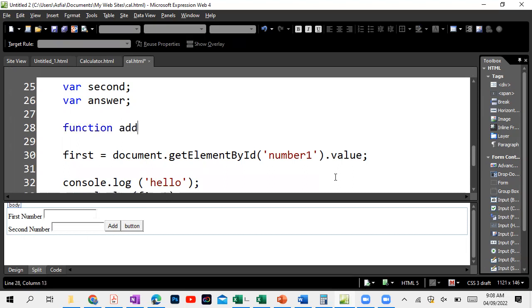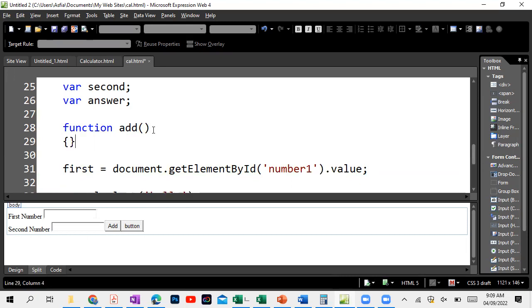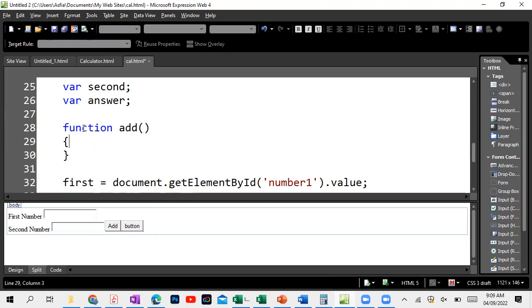Function add. Whenever you are creating a method or in other words procedure, you need to have these 2 signs, just like console.log, it's a method. It needs these 2 round brackets, opening and closing. Right now, I'm just creating this add function, so I'm going to make it blank. And then the braces. Within the braces, whatever you add, it will be inside this function. It will not run until and unless this function is called, then it will go inside the function and perform the instructions. So we